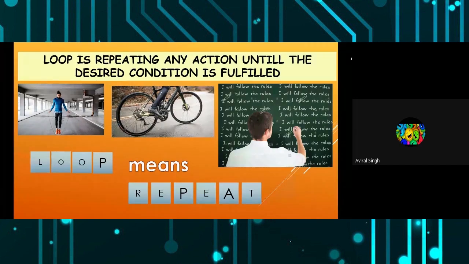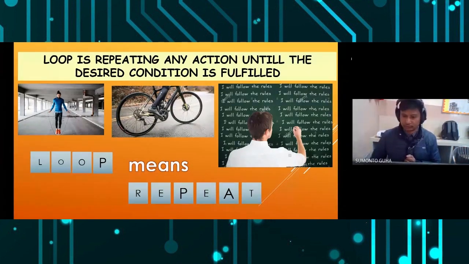Then he has to stop. Right, here the number is known in advance. So all these are three examples of loops. There can be multiple instances of loops where different types of conditions we can check. But yes, at some point of time one has to stop. So that should be known beforehand.